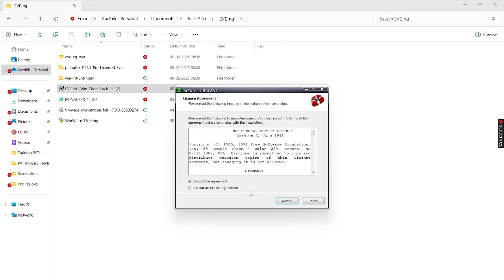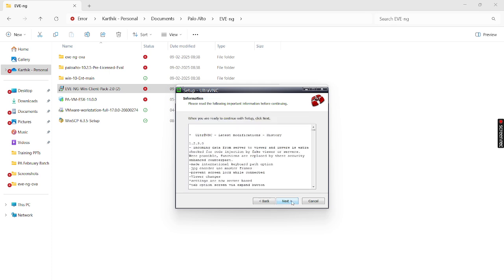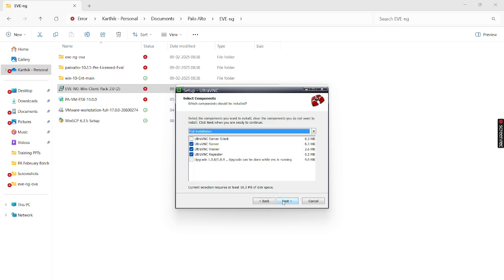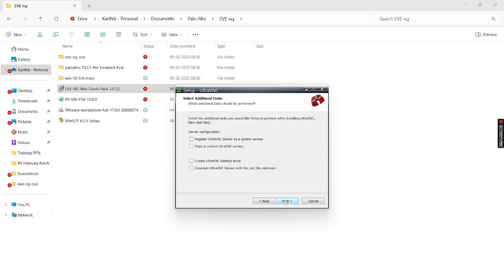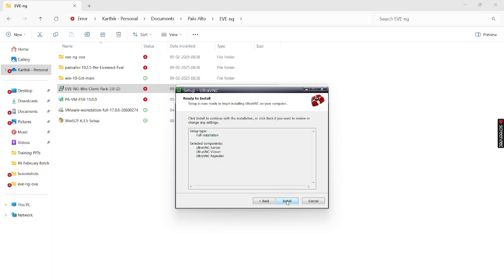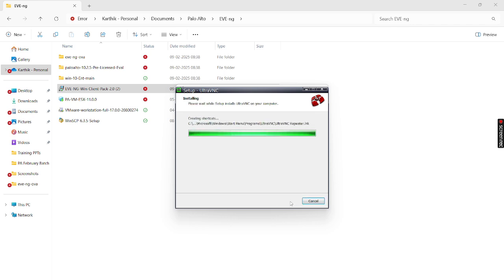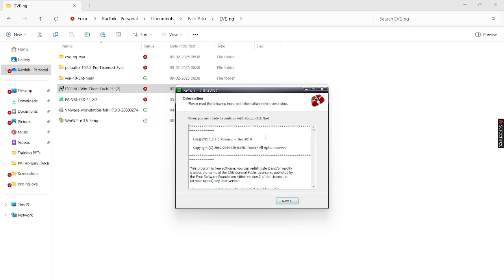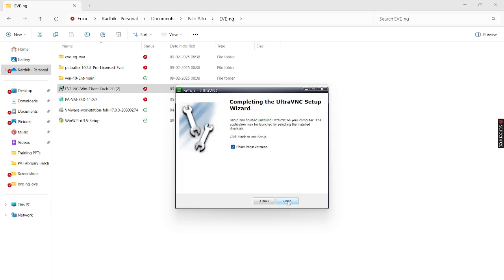Click on agree, next, next, next. I'm not changing anything, I'm going with all the defaults. After that you will get an installer. Just click on install, then click on next and finish.